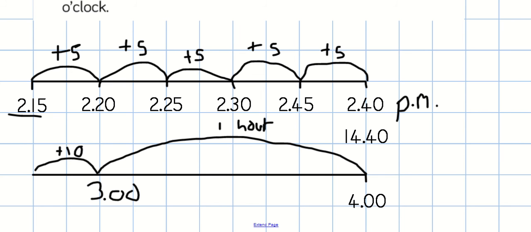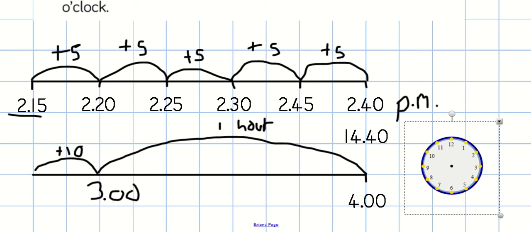Well, if I look at a clock quickly, I can actually see that if I'm at 3 o'clock and I'm going 10 minutes backwards, my minute hand is going to come back 10 minutes to here, and my hour hand is going to come back from the 3 to in between the 3 and the 2, and it's actually going to take me to, well,